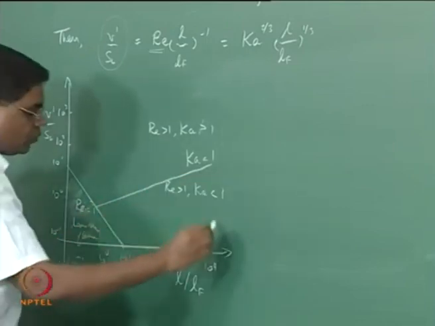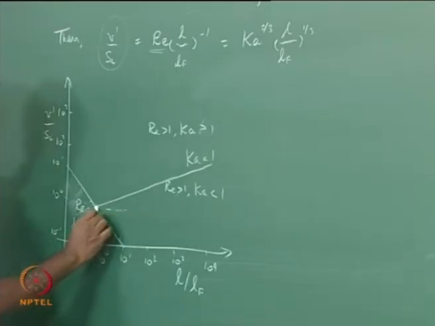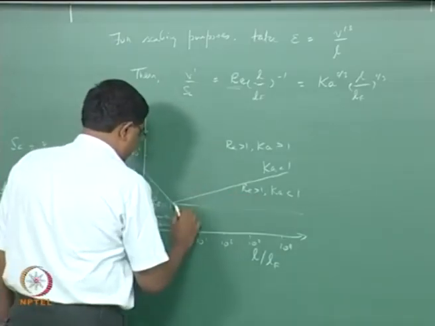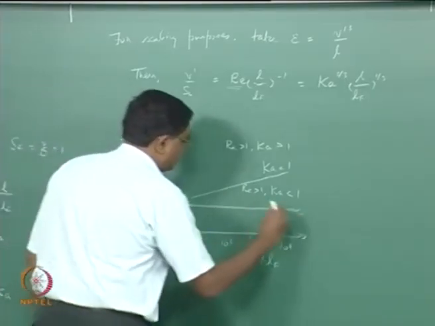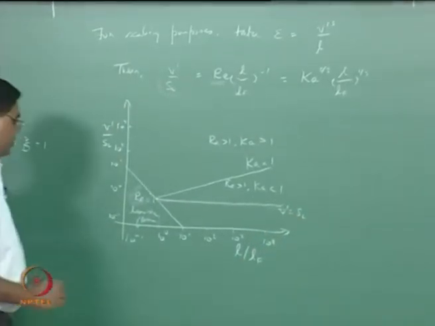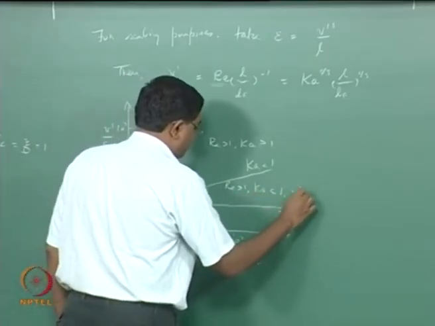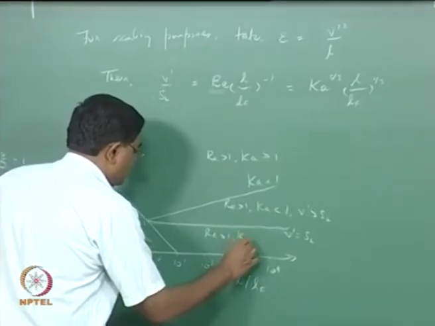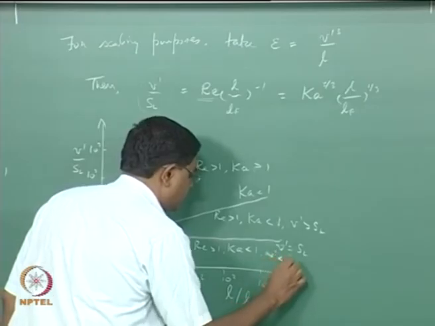Within this regime we now want to further differentiate, and you could use a continuous straight line. This is a horizontal line corresponding to V prime over SL equal to 1. That means V prime equal to SL, right? So this is a regime where Re is greater than 1, Ka less than 1, but V prime is greater than SL. This is a regime where Re is greater than 1, Ka less than 1, and V prime is also less than SL,